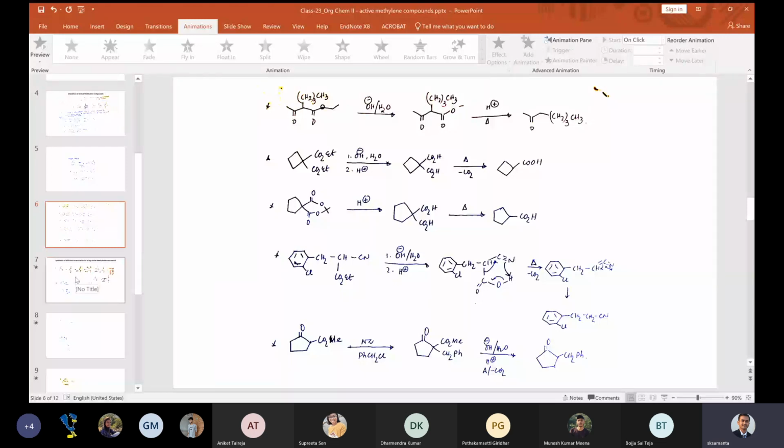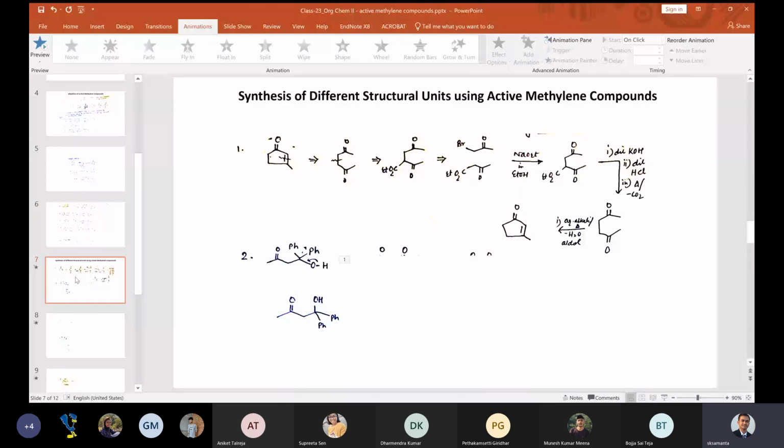Okay, if not, then let's see some of the reactions. How do we do them? It's the synthesis of different structural units using active methylene compounds. So this is the first example. How can we make this compound? If you remember, I have told you a couple of times before that when you are given an unknown compound and you are asked